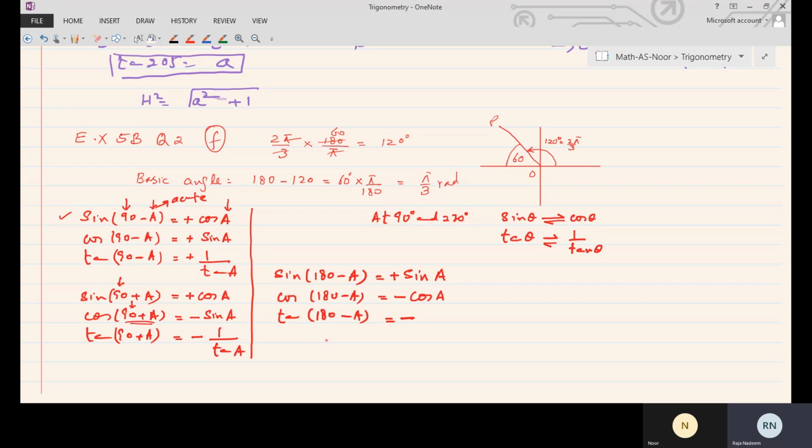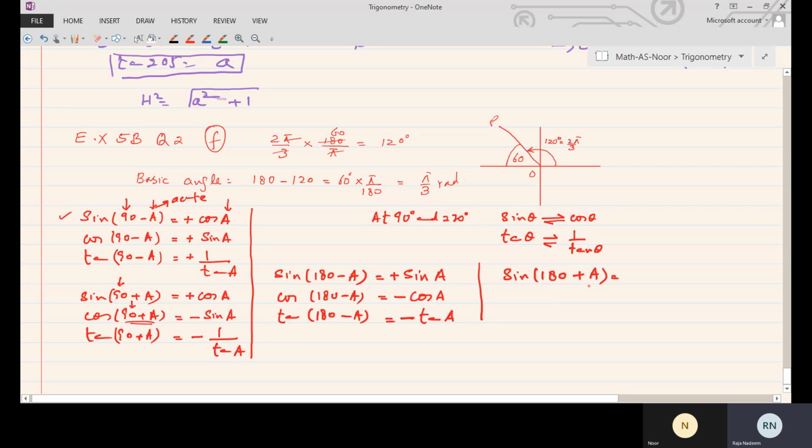You can take any acute angle instead of A, like if you consider 30, when you subtract 30 from 180, you'll get 150, and 150 lies in the second quadrant. So in the second quadrant tan is negative, so tan will give you the answer minus tan of A. At the same time, if I write sine of 180 plus A, I'll think that adding an acute angle, let us suppose if I take A as 10,